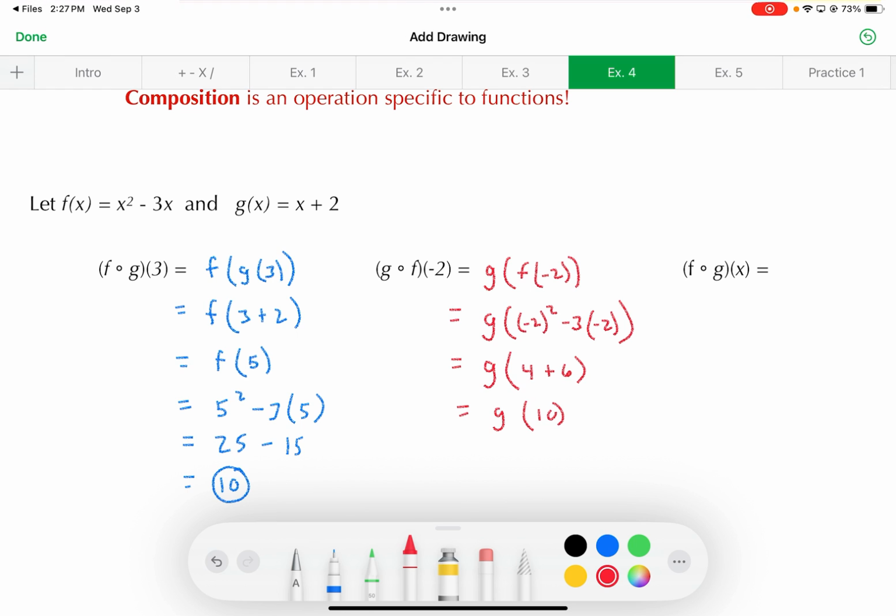That 10 is considered a range value for the function f, and I'm now evaluating function g with it. So the 10 is turning into an input domain value. 10 plus 2 then produces a 12. All